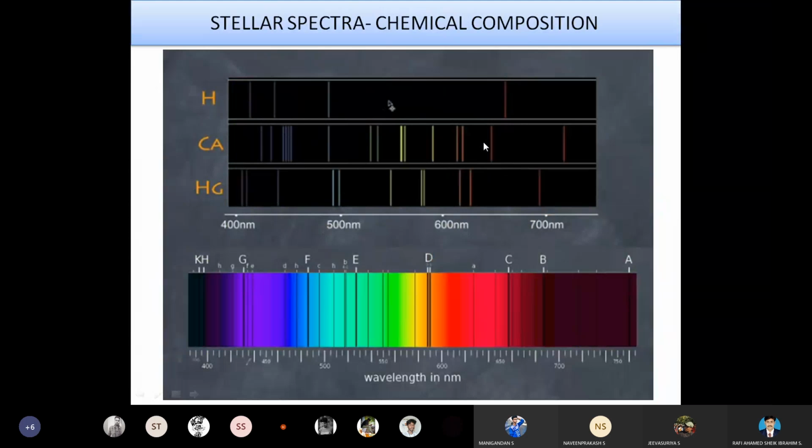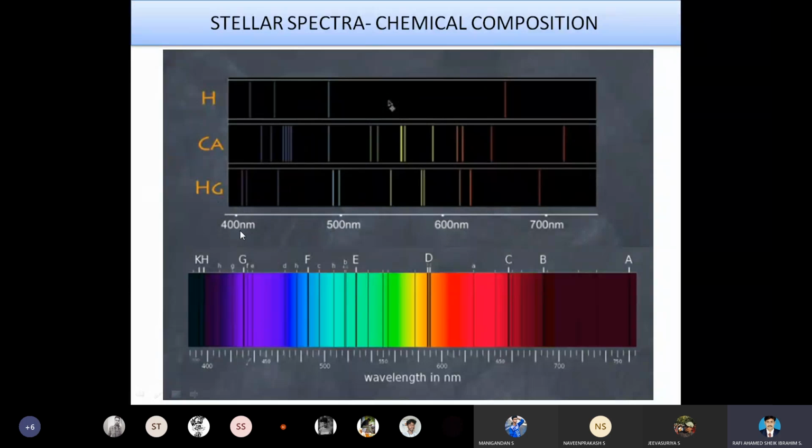From this pattern, we can study both the emission and the absorption spectra. How are we going to study them? The emission and absorption spectra are studied with respect to the position. If you know the position, then we can say which color it is and what element is there. So based on the position of the spectrum, we can show the chemical composition, the nature of the chemicals present in the universe or in the spectrum.